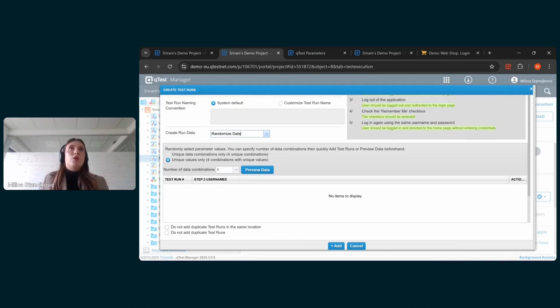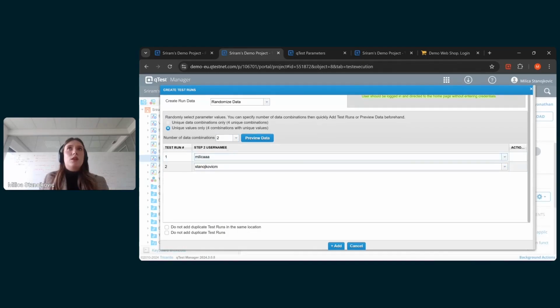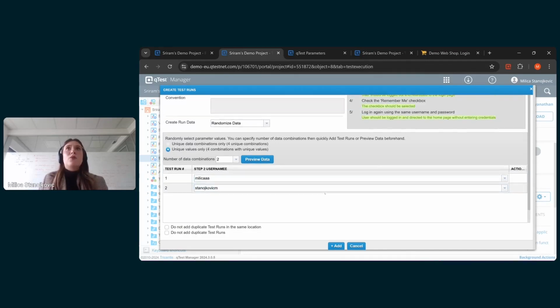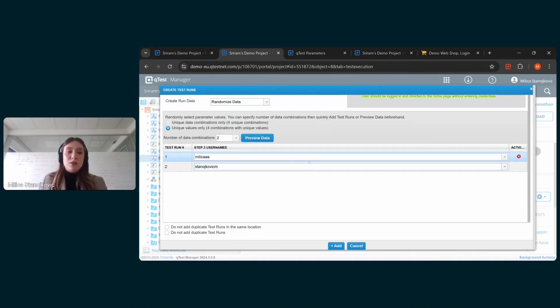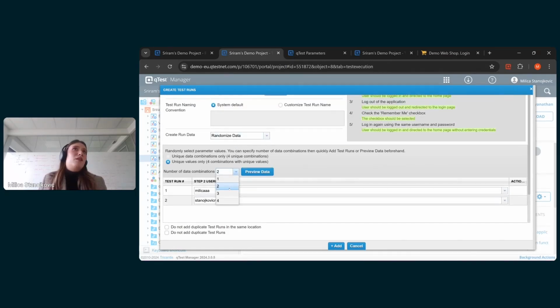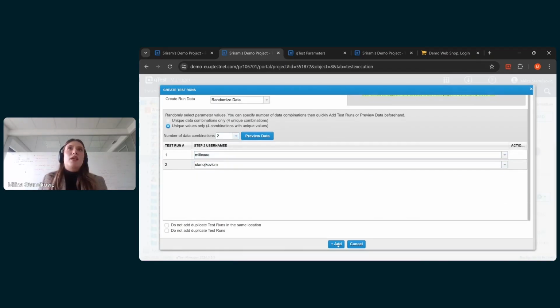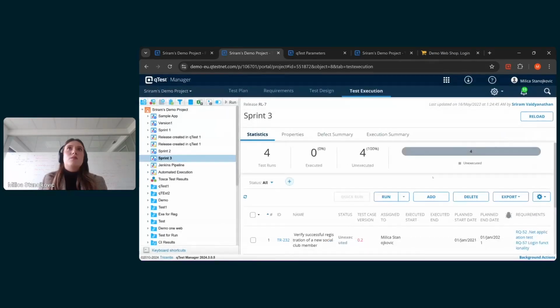So let's say that we want to add unique values for 2 combinations. If we click on preview data, here we generated two usernames from our parameter. So that would be definitely very useful if you have a lot of parameters with different data. You don't have to make test case every time for different username and different password. Only by using parameters, you can, let's say, automatize it by generating different combinations. And by clicking Add, you will see